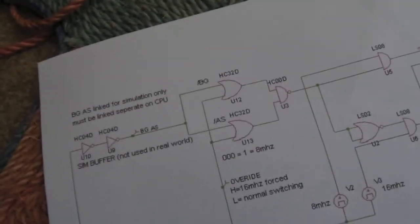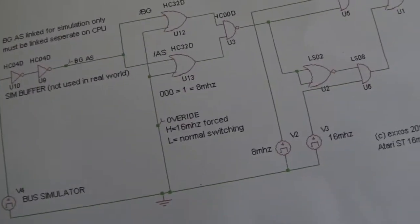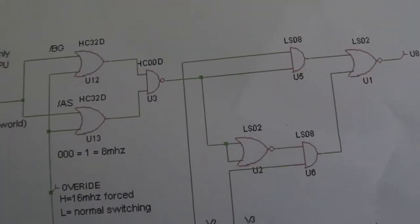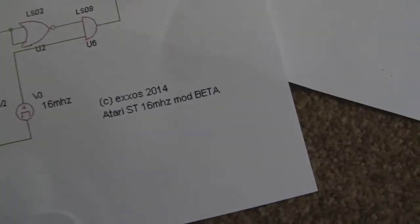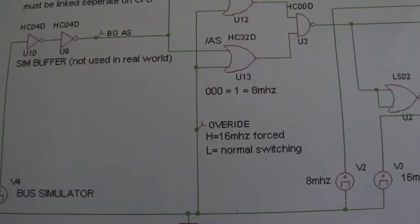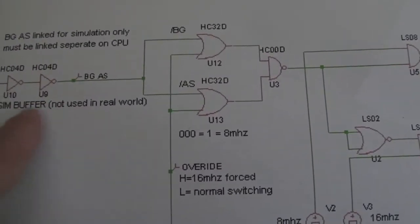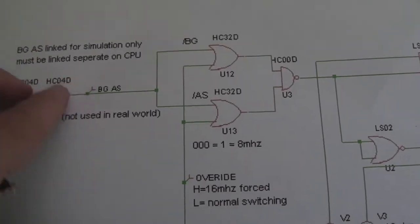I'm having a go at the 16 MHz mod for the ST again. This is about the third or fourth time I've attempted this, using various changes to the circuitry. This latest version has come from Exos. He's designed this and run it through a simulator, so there's a few things on here that, as he's pointed out, you don't use in the real world. You don't need these 04